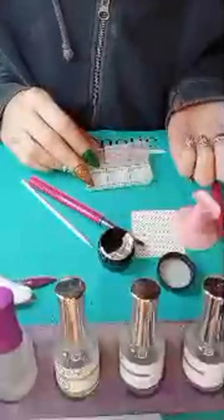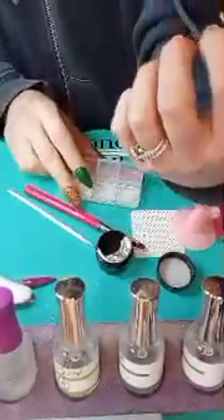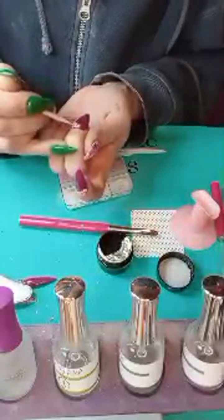Oh, there's some beads in here that are like rainbow beads too, like rainbow glass beads. Those are cute too. I might do gold because then I can wear gold jewelry. So I'm just gonna use my cuticle stick and I'm gonna put a little gel on all of these in